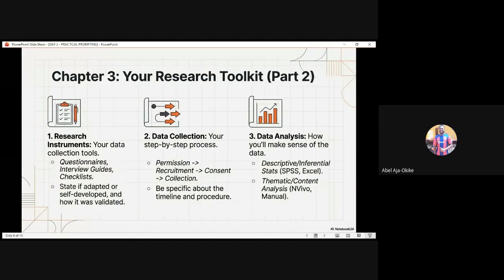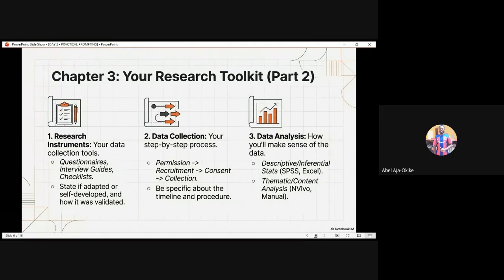This is one of the most crucial areas. You don't want to collect data that is biased. You don't want to collect data that is just random. So first thing, in your methodology and materials, you are going to write something that looks like a consent part. So let me give an example. Let's say a statement like: permission was gotten from the dean or from the HOD or from my supervisor to get respondents' data. That's an example of permission or consent. Do you understand? So it starts with permission, then recruitment, then consent, and then data collection.